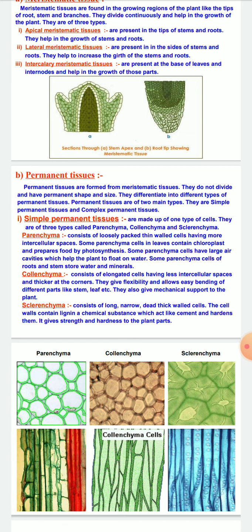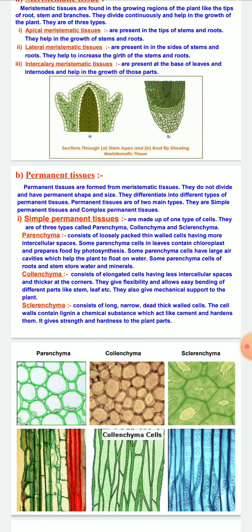So the parenchyma consists of loosely packed thin wall cells. And the gap between the two cells is higher as compared to the collenchyma and sclerenchyma. And it is also possible that in some leaves, the parenchyma of the leaves has chloroplast in them, which helps